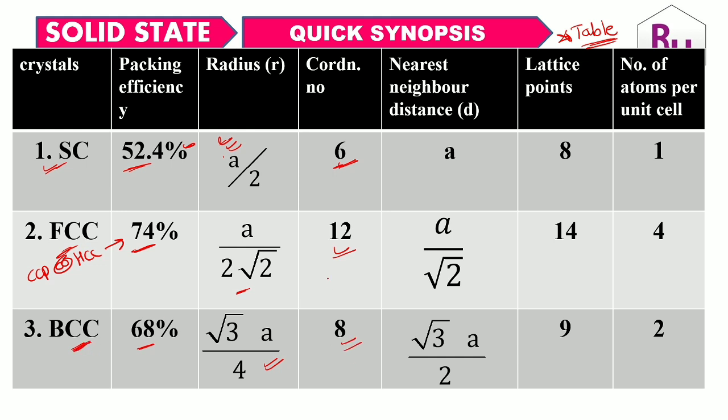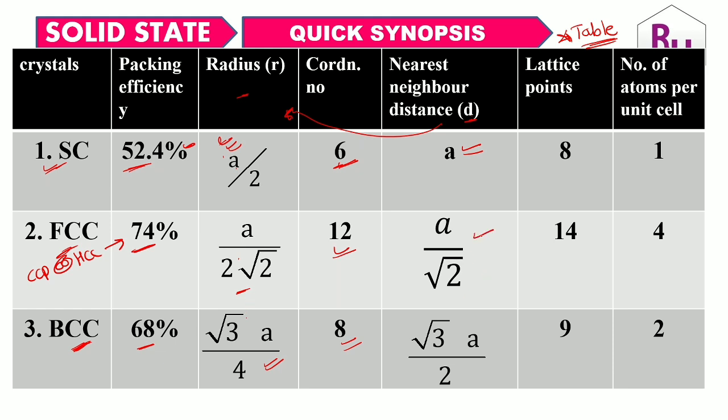Remember this, very important. The nearest neighbor distance, when I call it distance d, when particles are filled in these 3, distance d is equal to, very important, a. You can have a relationship between this distance and the radius very easily, because d is in terms of a and r is also in terms of a, the edge length. Hence, you can easily make a relationship.